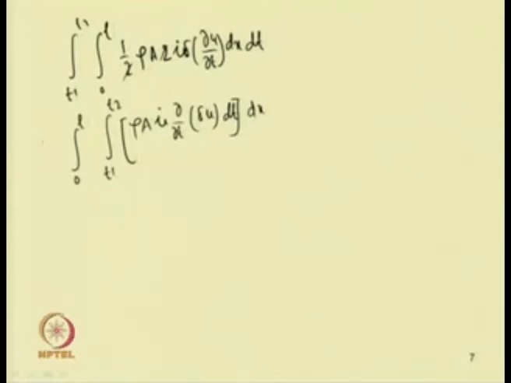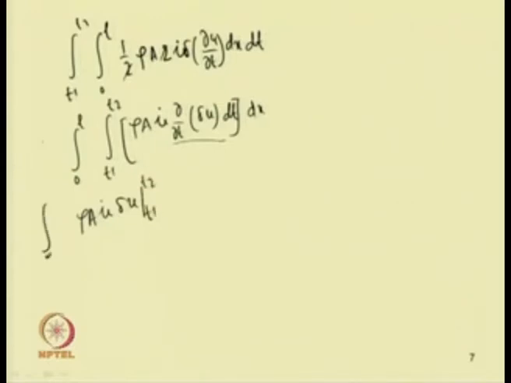So this equation can be written in this form, rho A u dot, then changing between this del and del by del t. So one can write del by del t of del u dt. Now one can use this integration by parts. So to use this integration by parts, first function remains as it is. So rho A u dot, you keep the first function as it is. Now integration of the second, so integration of this del by del t of del u becomes del u. So this is from T1 to T2.